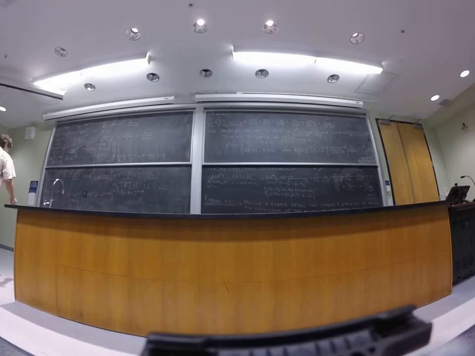So y of t, which is y naught plus y prime of t, which is 0.02 plus y prime of t,